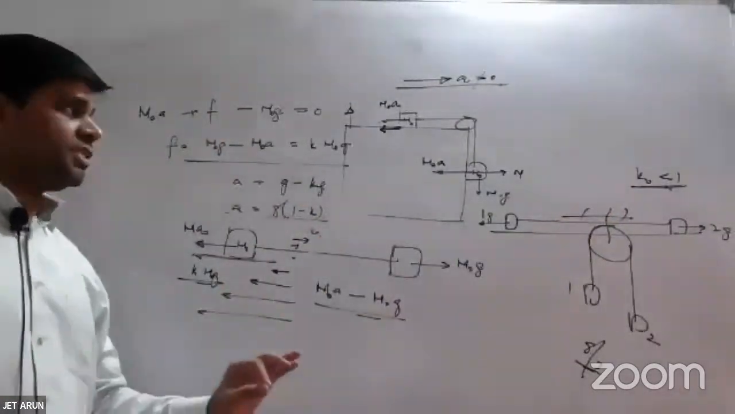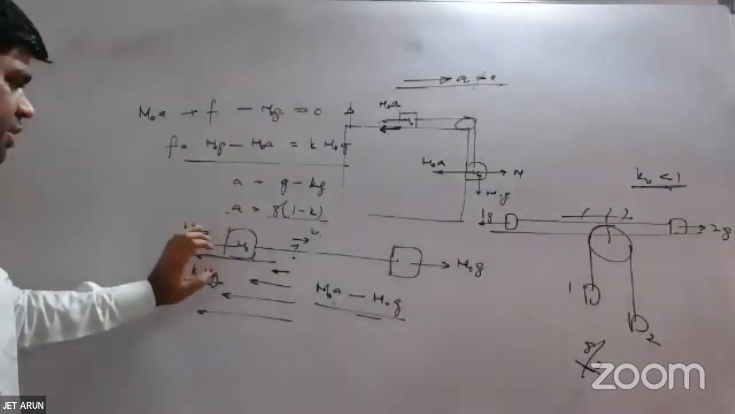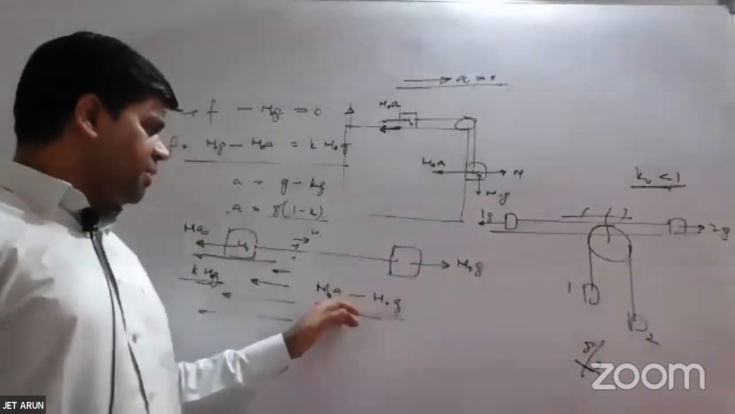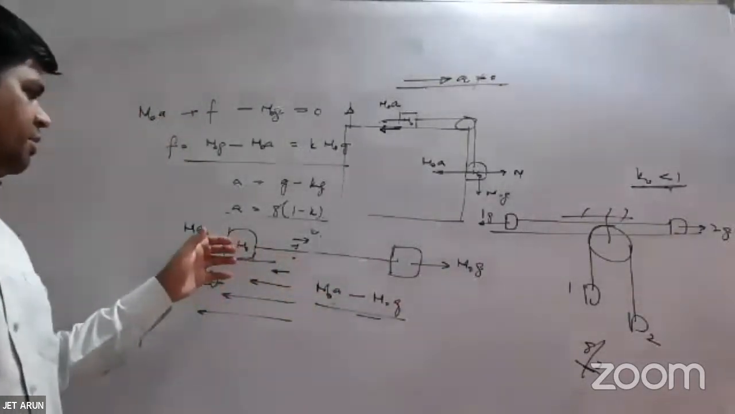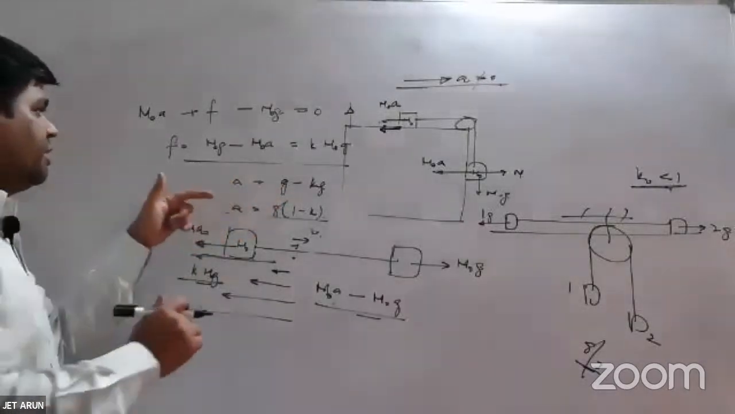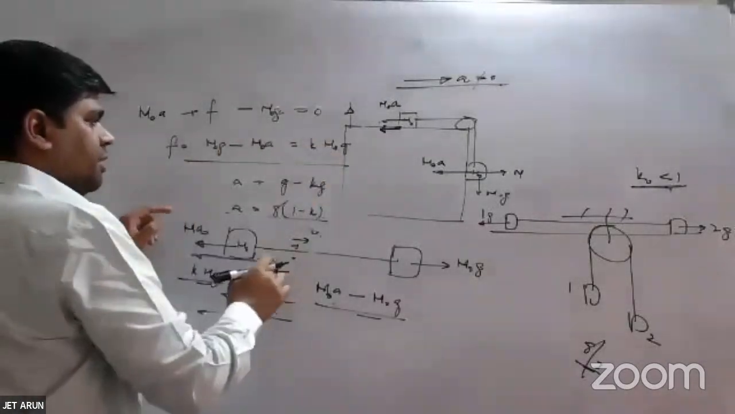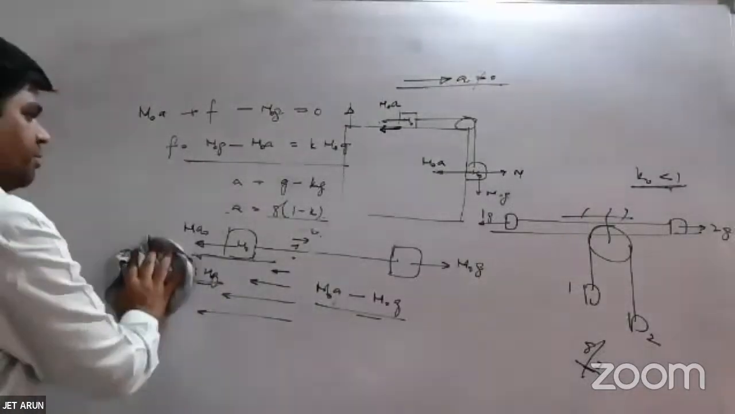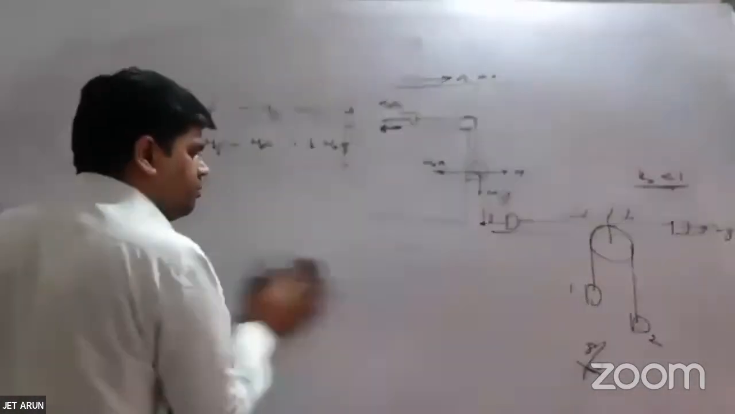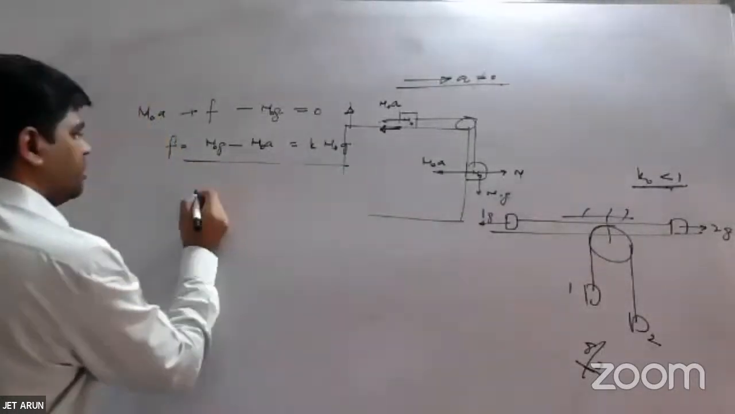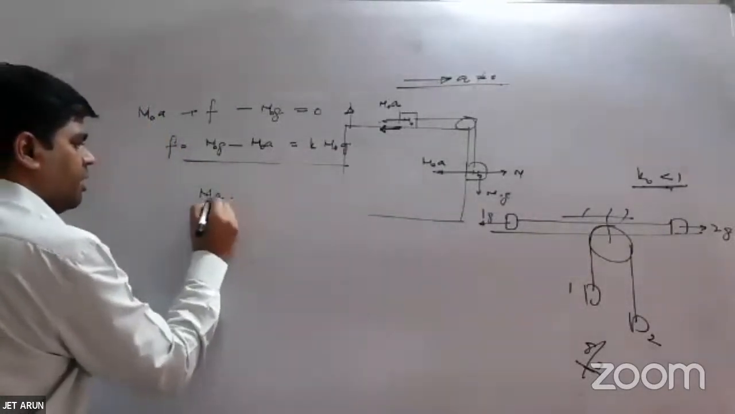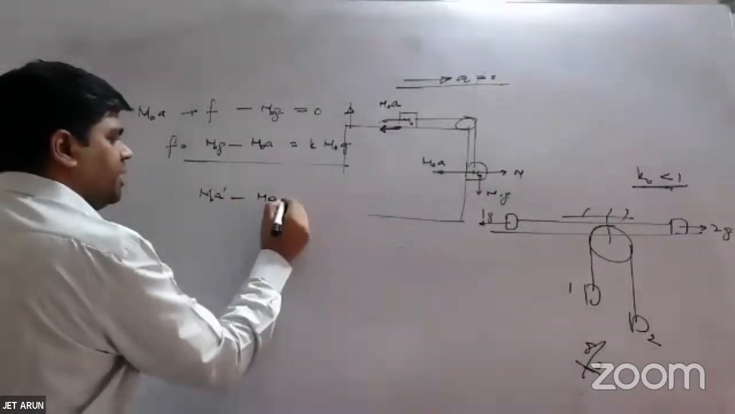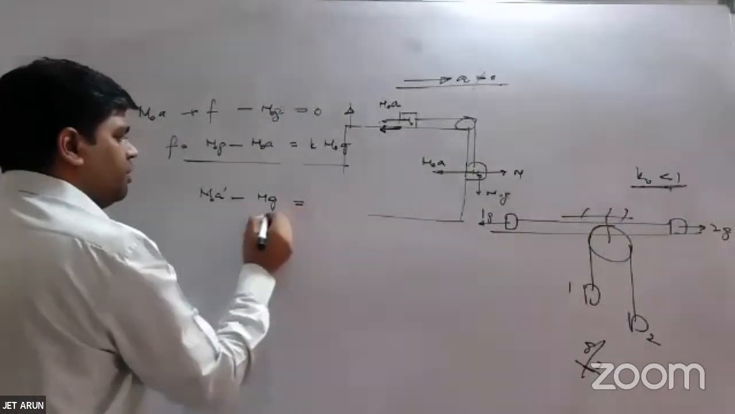But for today, you just understand when the friction force is limiting, this is tending to move towards right. That means net force on it is m naught a, mg minus m naught a. When it is tending to move towards right, mg minus m naught a is equal to mu mg. When it is tending to move towards left, m naught a prime minus mg should be equal to